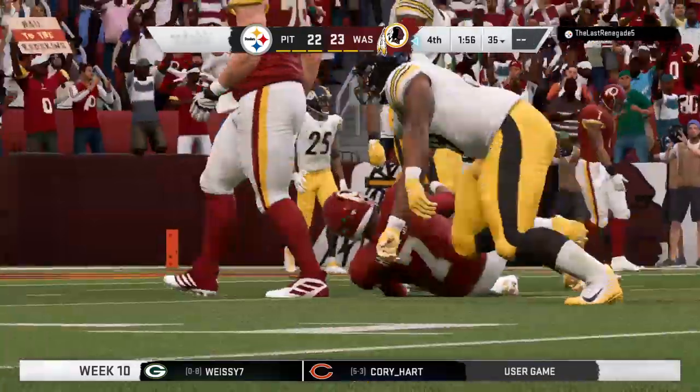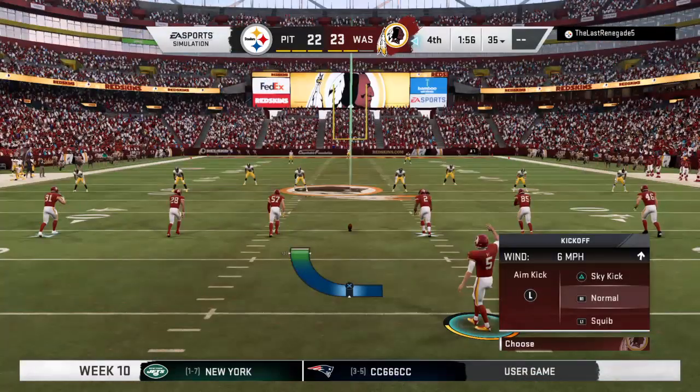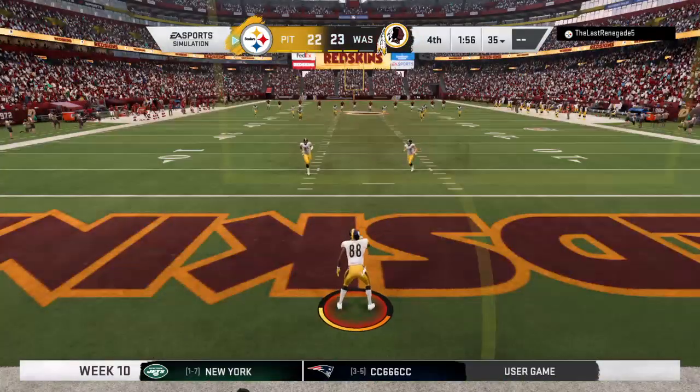And he can't get a throw away. He's taken down. Well, that decision to me was all about pulling up the chart. You know, that beautiful chart that tells you when to go for 2, when to go for 1. I do love it. It helps you with your decision making